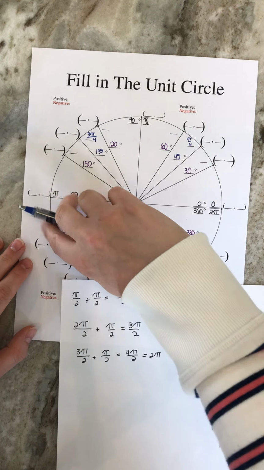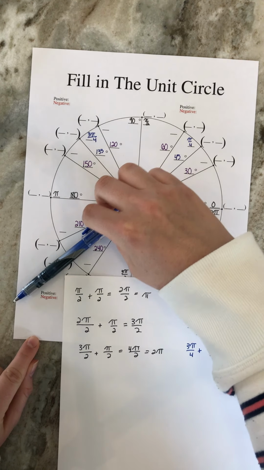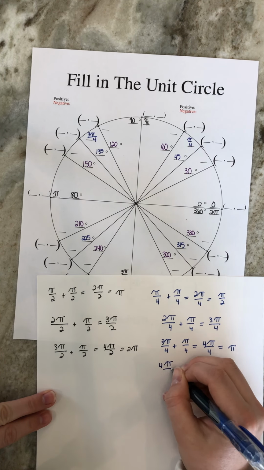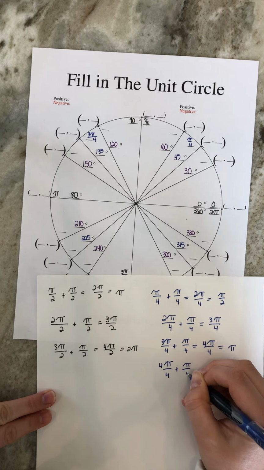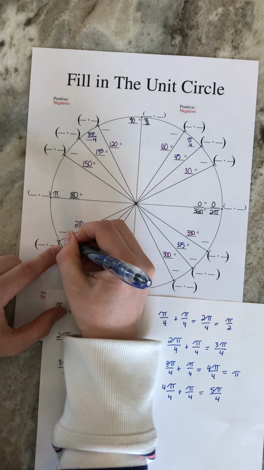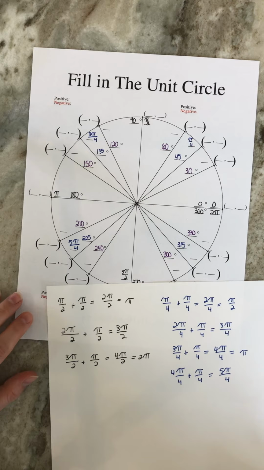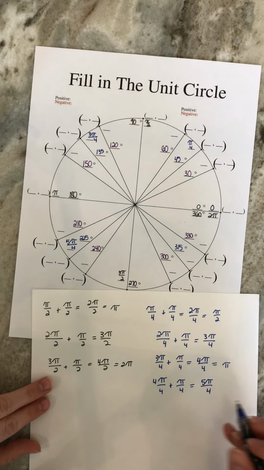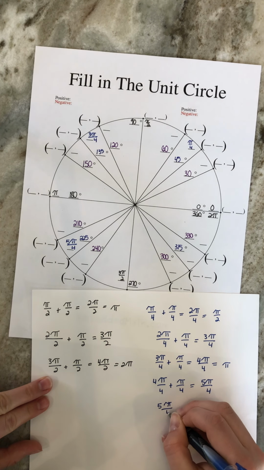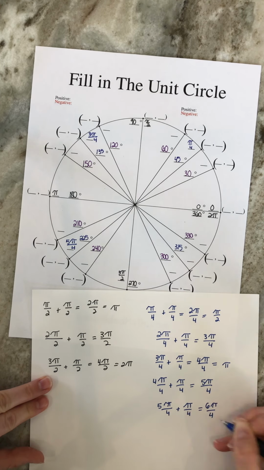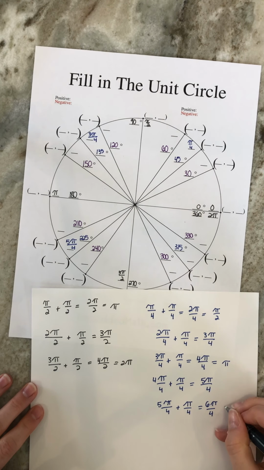We're going to continue and do another rotation from here to here. So we're figuring out the radians at 225 degrees. So we're going to take 4 pi over 4, and we're going to add pi over 4. That equals 5 pi over 4. Let's do another rotation. So we're going from here down to here. So we're going to take 5 pi over 4, and we're going to add pi over 4. That equals 6 pi over 4. And you should see that we could simplify that as 3 pi over 2, which is what we already have